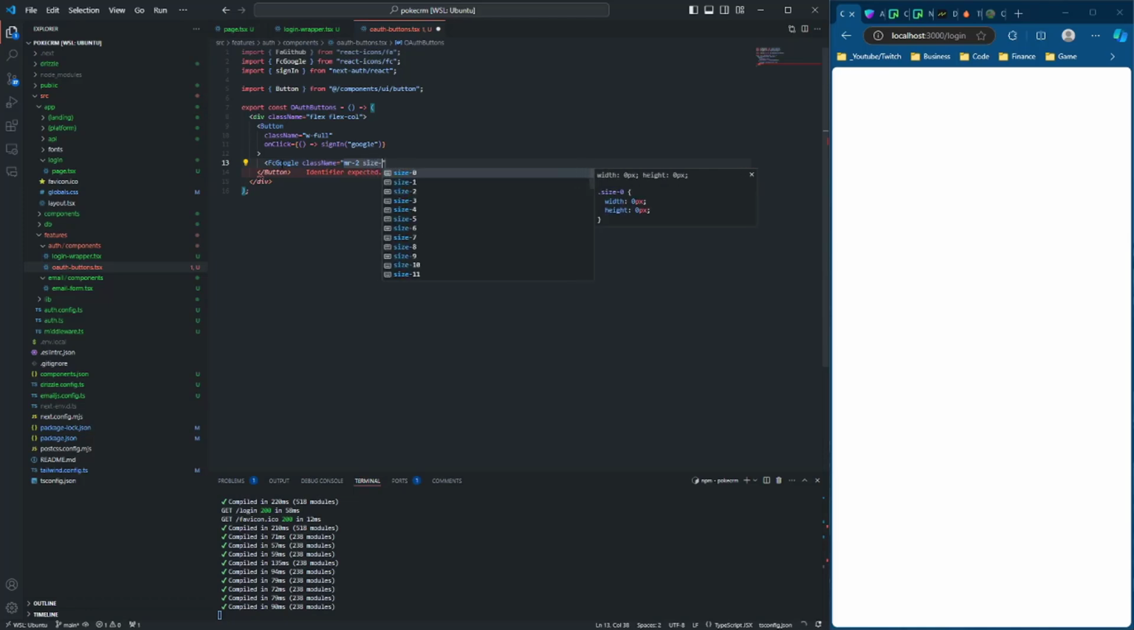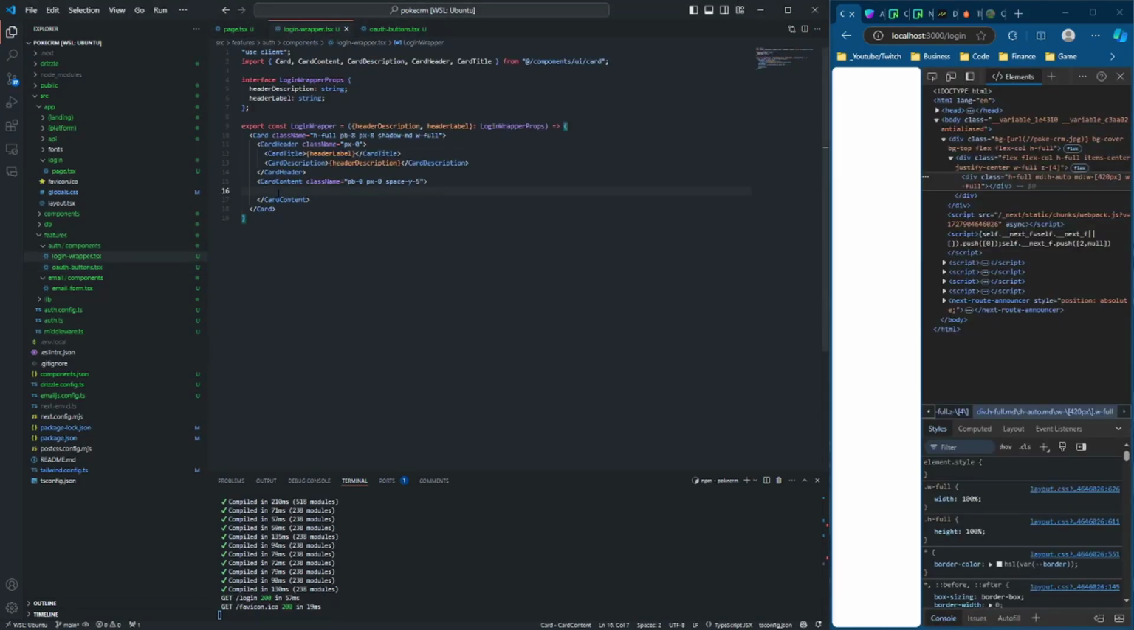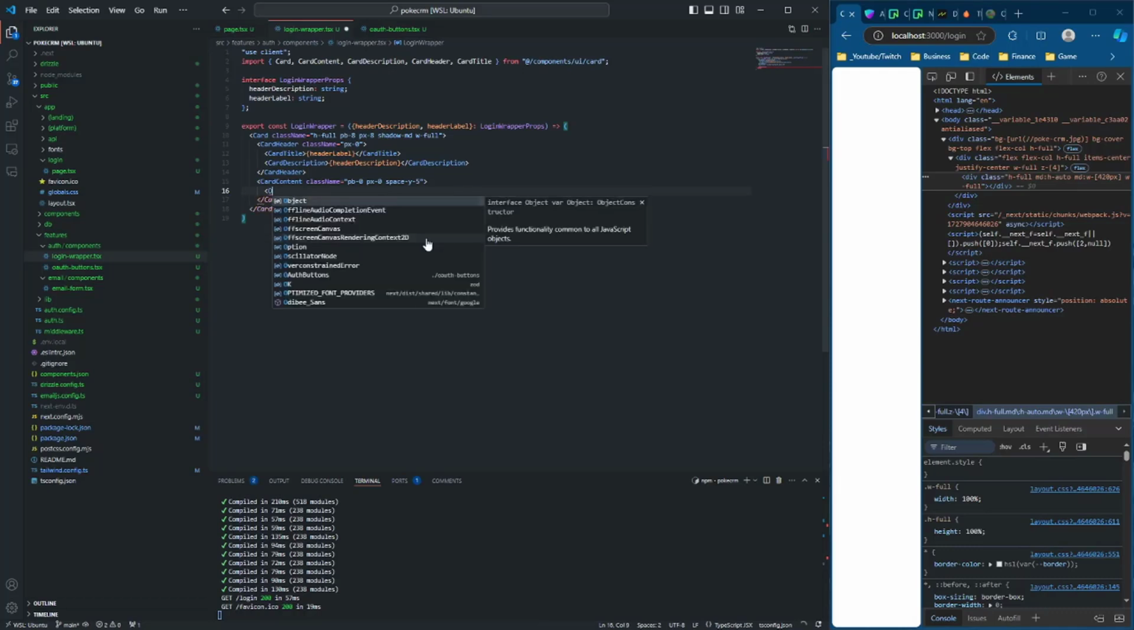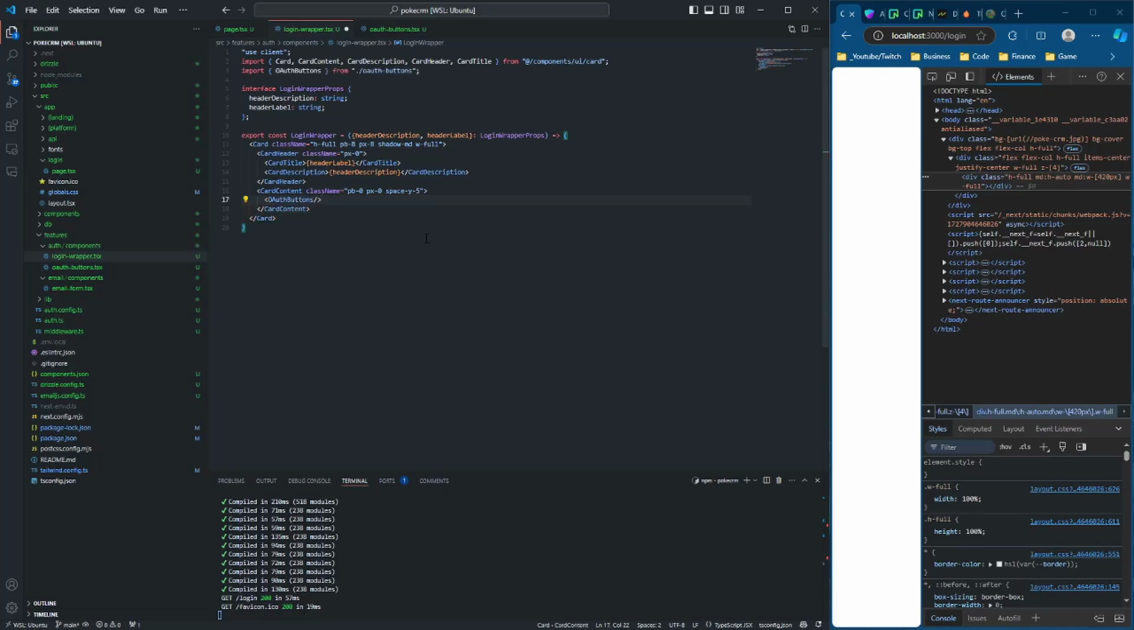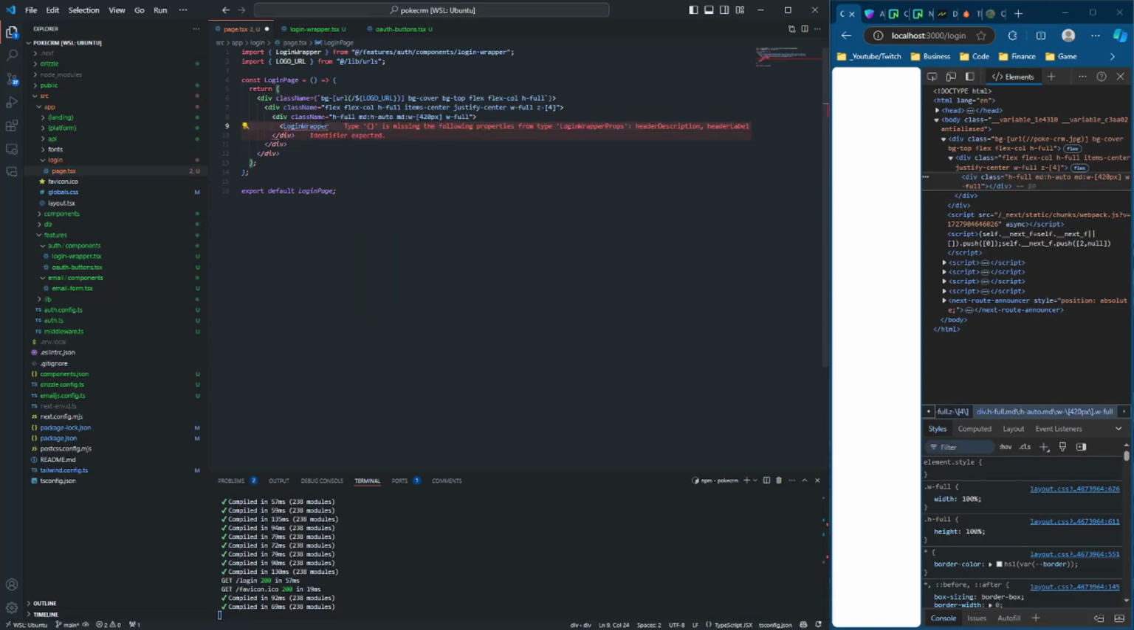mr-2, size of 5 here. And then, boop, do the same thing for GitHub. And we're actually going to say in these things, log in with Google, and then do the same thing for GitHub. Thank you, Copilot. Okay, so we're going to need to add these OAuth buttons to our login wrapper here, and then we're going to need to provide our login wrapper to our page. So login wrapper here, and